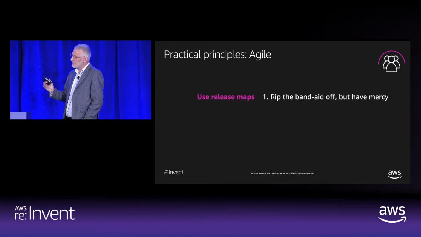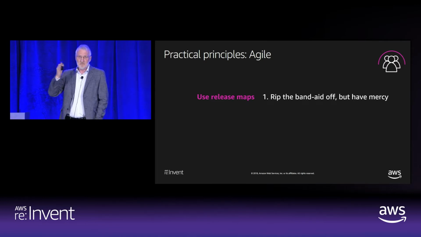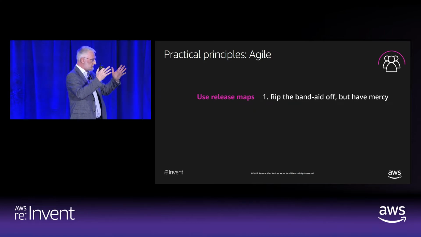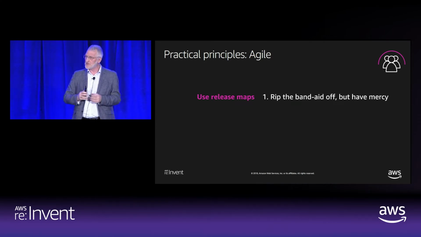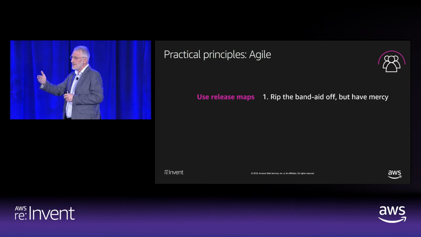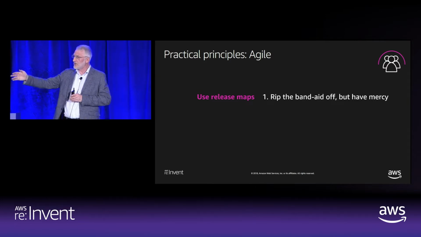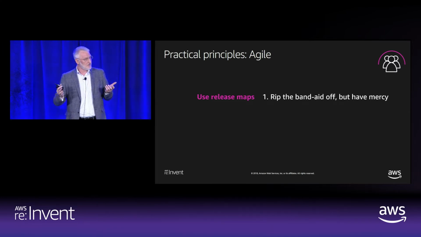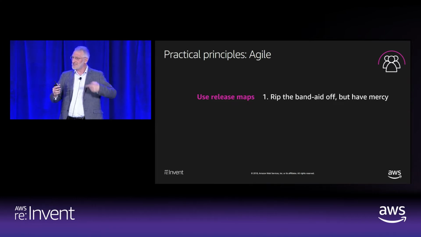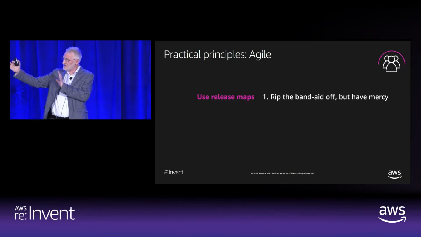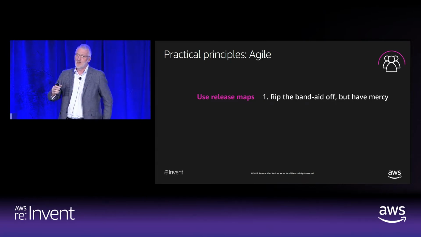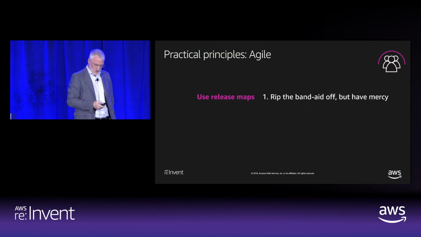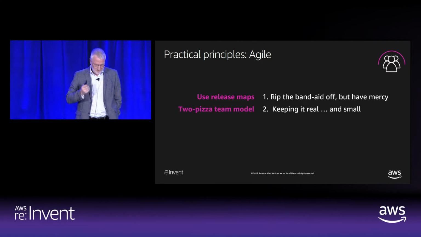Release maps are essentially the next several weeks or several months of epics. Epics are these longer stories that are around products or features. And you string them together so that the teams have an understanding of where we are going. Otherwise, they can feel lost by the constant change that's happening in the sprints. So this gives sort of a bridge in this process where organizations can take an easier road into the agile process.